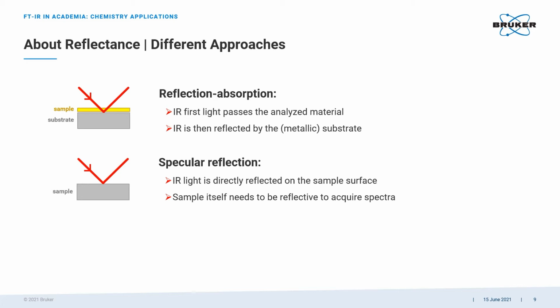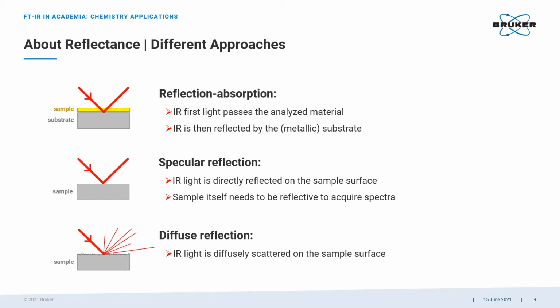I won't go into detail here, but because of this treatment, it is very important to only gather the specularly reflected light and not the diffusely scattered light. But of course, you can use the diffusely scattered part of the light as well to get an IR spectrum. However, this is often challenging and requires a lot of experimental knowledge and/or sample preparation, and it's typically applied